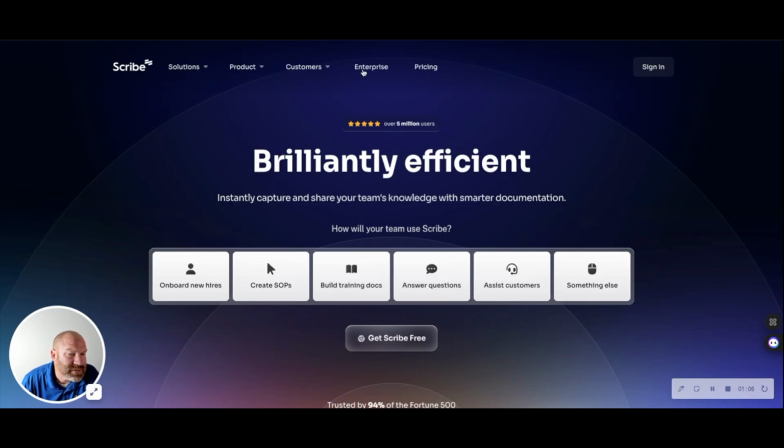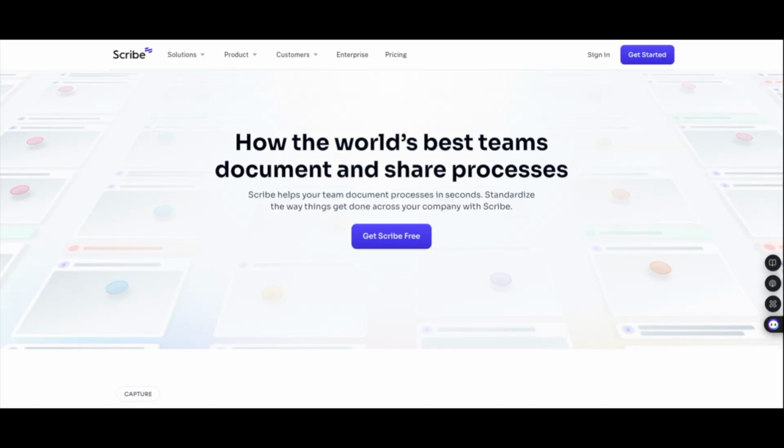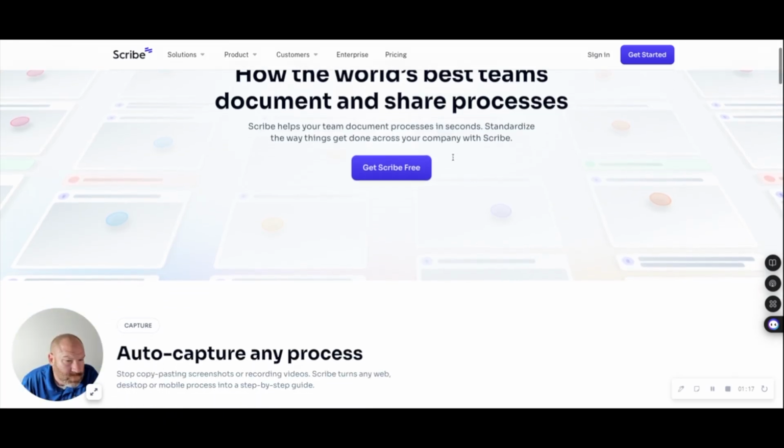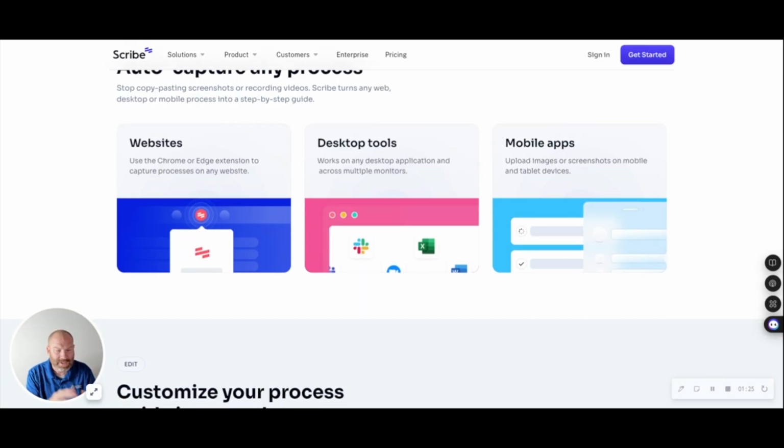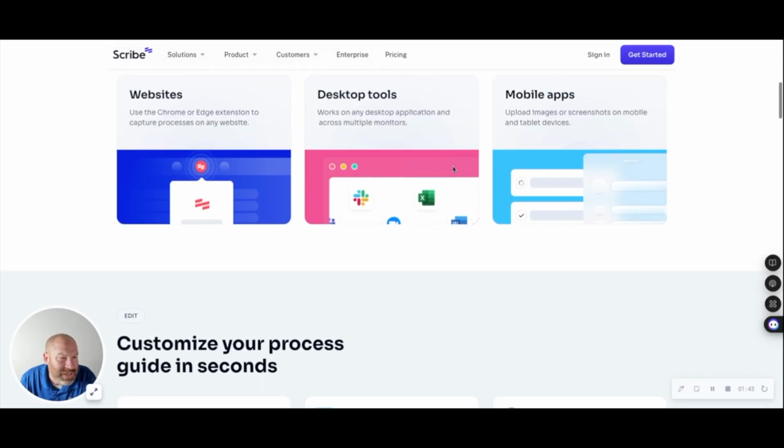Now let's look at the kind of different processes. Let's just go through and look at some of these features here together real quick. And you can kind of see the different websites that it auto captures, any process, desktop, mobile apps. As you see, you can go to a carrier and start documenting these different things. You could go to Zillow.com, Realtor.com. If you're getting information, you're taking that documentation, that process in Scribe, maybe using ChatGPT to help even clean it up even more. So this is one of the benefits of how you can use something like Scribe